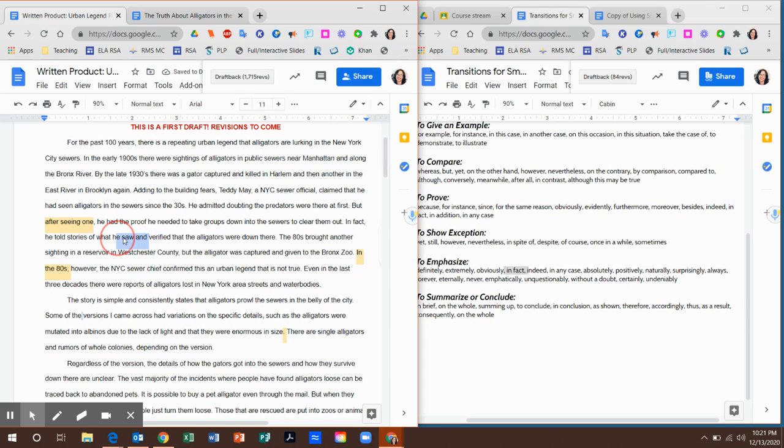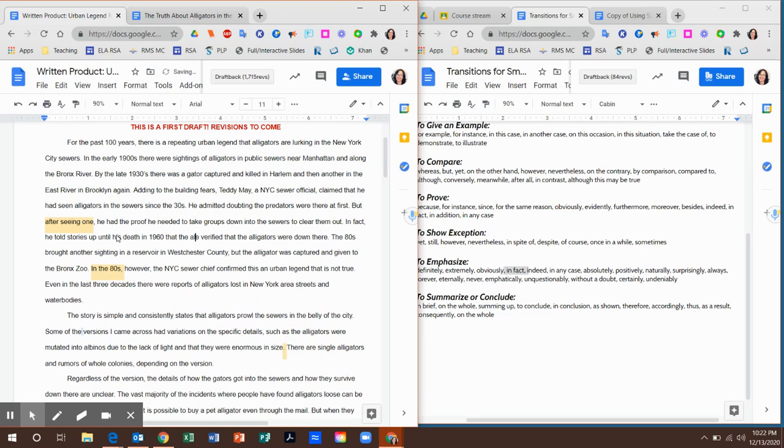So "in fact, he verified, he told stories, verifying." Oh, "told stories up until his death in 1960." Okay. "In fact, he told stories up until his death," because that emphasizes, right? He stuck by his story. His death in 1960. "In fact, he told stories up until his death in 1960 that the alligators,"